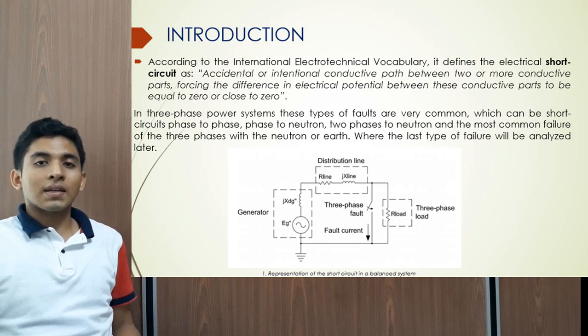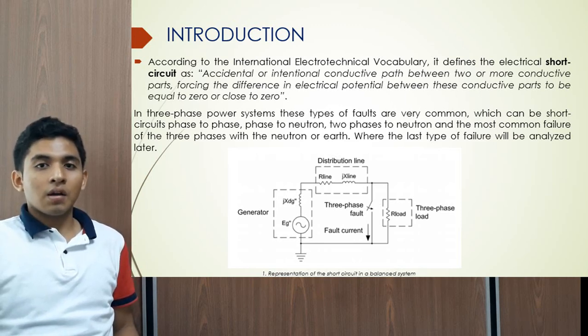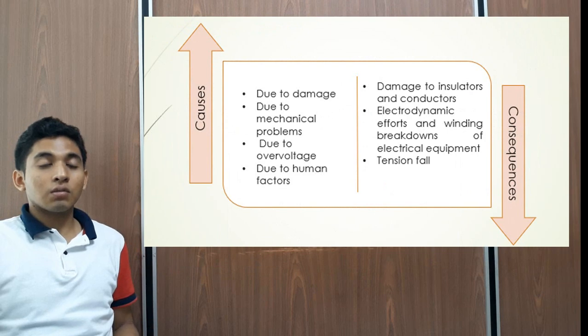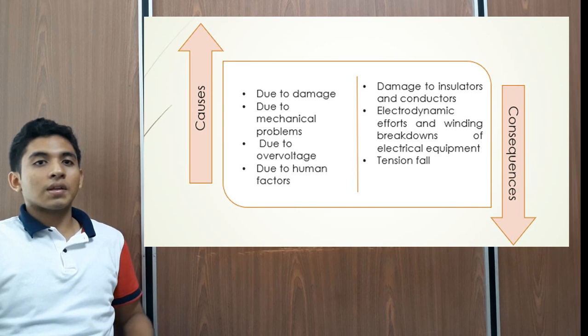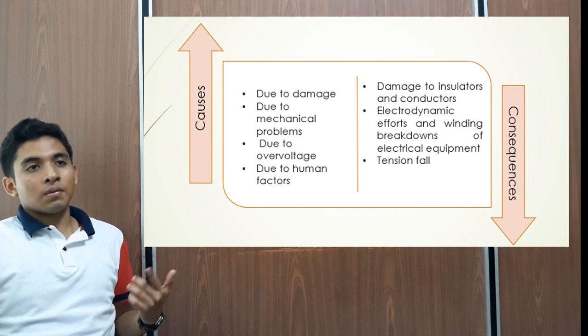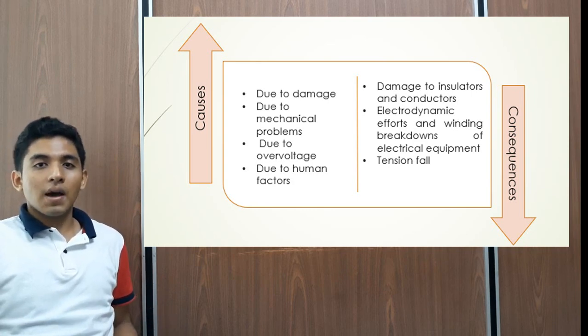A short circuit is an accidental or intentional conductive path between two or more conductive parts, making the voltage equal to zero. There are many kinds of short circuits, such as phase to ground, two-phase to ground, or the most common failure, three-phase to ground. Short circuits can be produced by mechanical damage, overvoltage, and obviously human mistakes, and their consequences are damage to electronic devices,